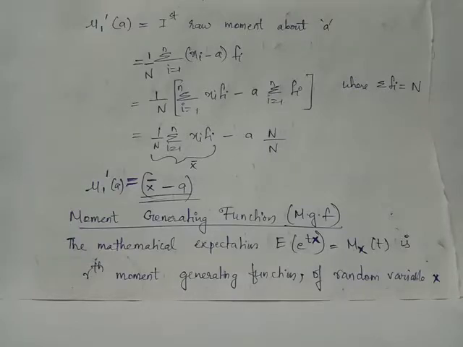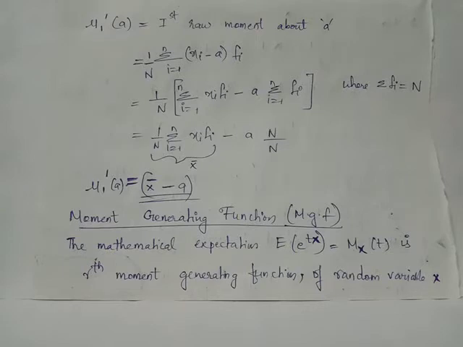Moment generating function, or in short MGF. The moment generating function of a random variable capital X is nothing but the mathematical expectation of e raised to tX, which is also represented as M suffix X, a function of variable t. Moment generating function is just the name given to the quantity expectation of e raised to tX,